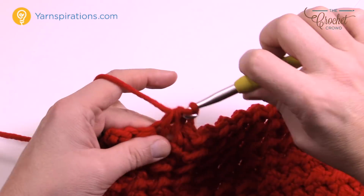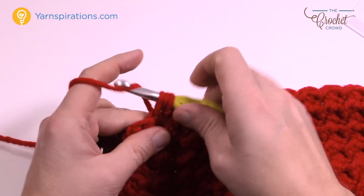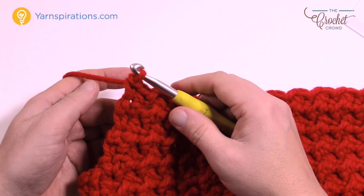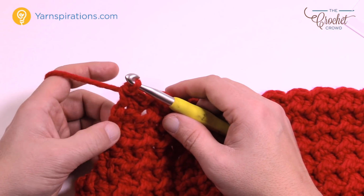So I'm coming up to the other side, just repeating the pattern as I know it, and continuing right to the end, and it's single crochet in the last one. So that was doing our 4 rows. The first row was 2 together, and then the next 3 were just regulars, just